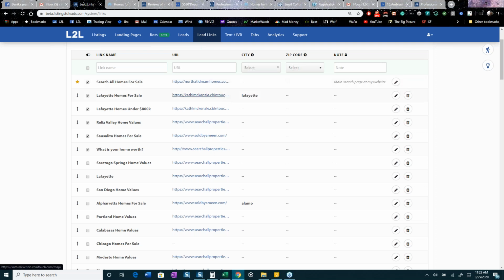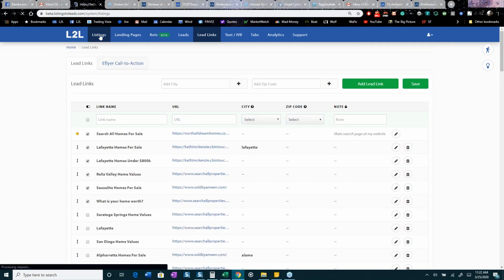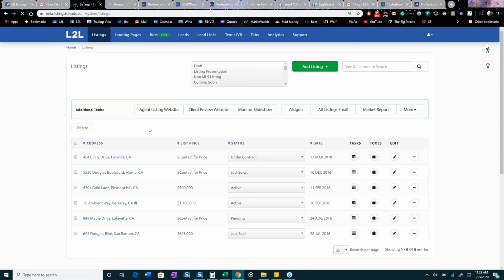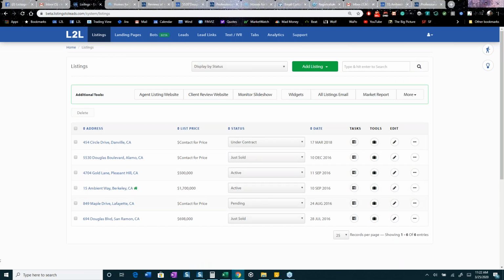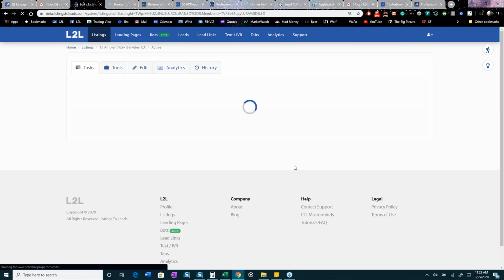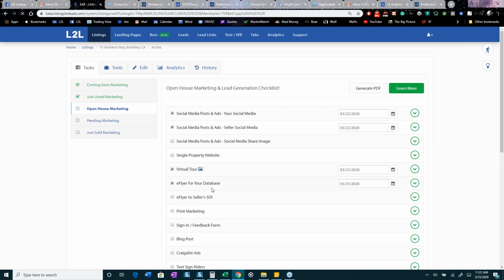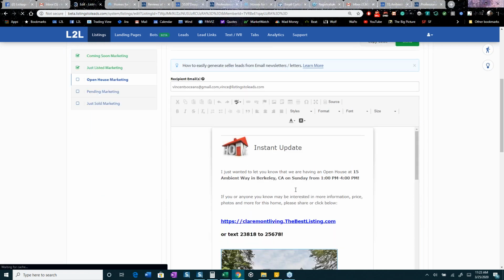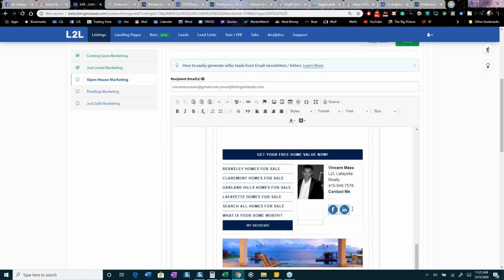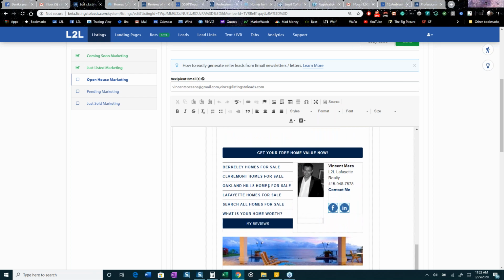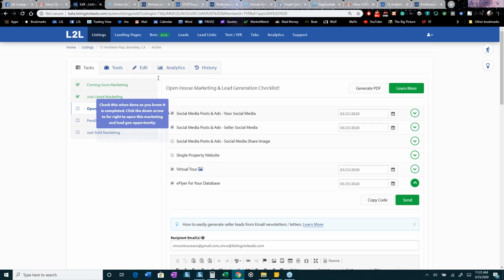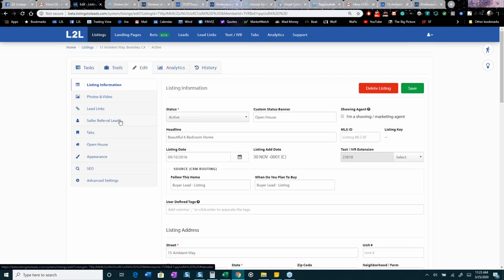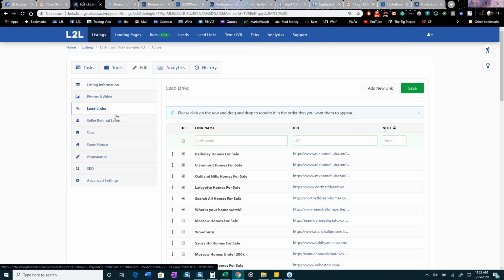So that link is now a default for all of my tools. It's also going to be back on that e-flyer that we started the call with. So let's go look at that. Remember, I've got that open house here, and we click here, and we go down to the e-flyer for your database. And when we scroll down, my signature now has, oh, you know what? This is good to know. Sometimes when you make changes to your lead links, you actually need to go to edit,